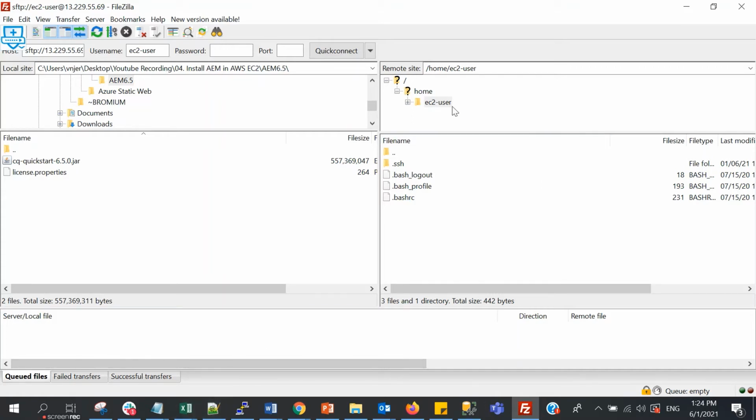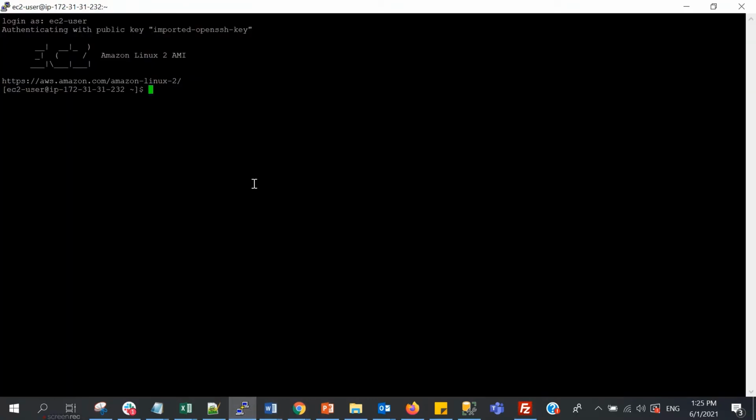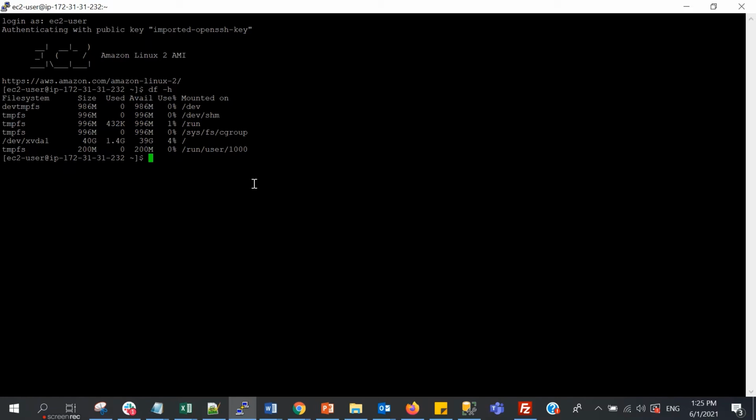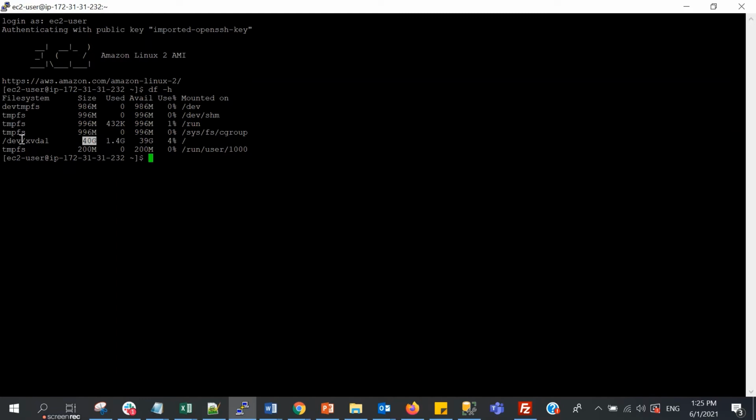To install the Java, we need to transfer the Java package first into the server. I will create the folder first here. So if you check df -h, you will see the slash folder is 40 GB, same as what we configured during the instance creation.